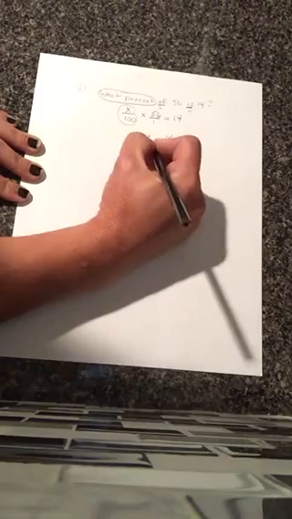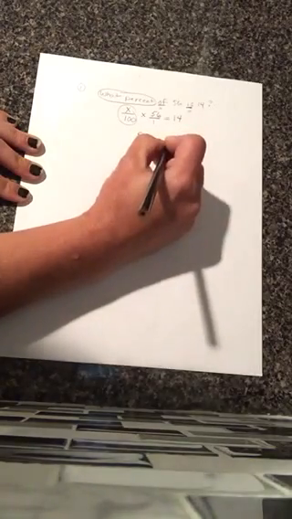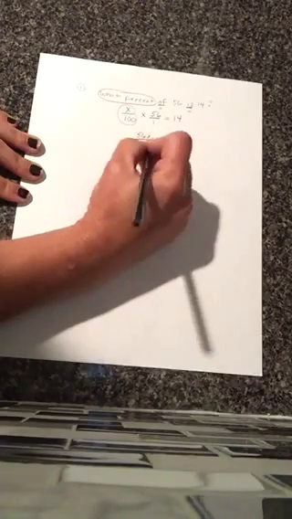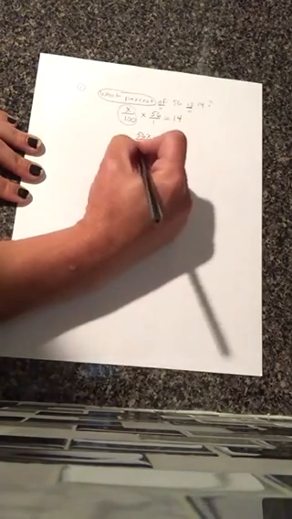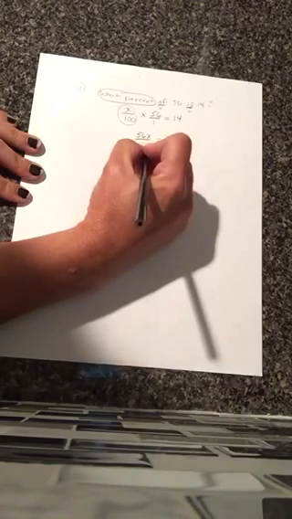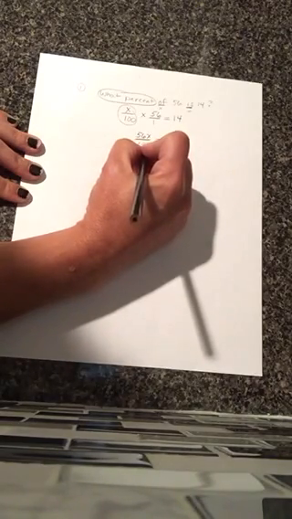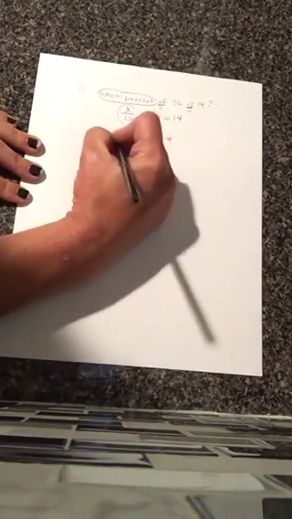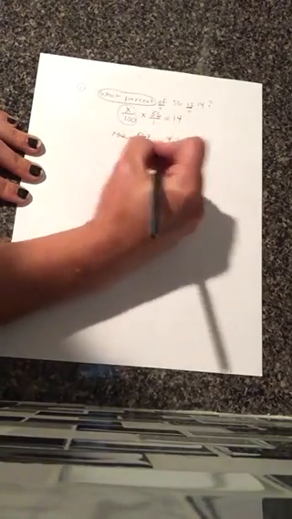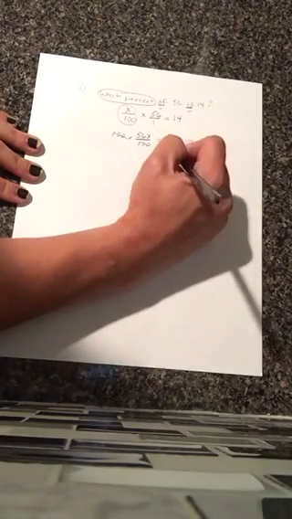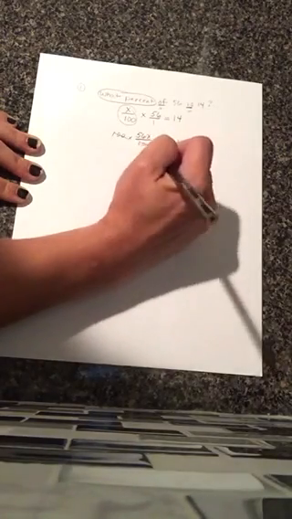Now, all I need to do is solve for x. So the first thing I'm going to do is look at this side of the equation. Let's try to get rid of everything around x. The first thing I'm going to get rid of, though, is the 100. So one way I get rid of the 100 is I multiply both sides by 100. And then they'll cancel out, and then this will be 1400. So 1,400 is equal to